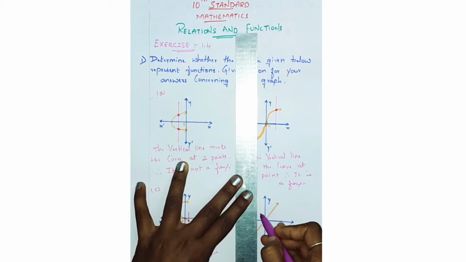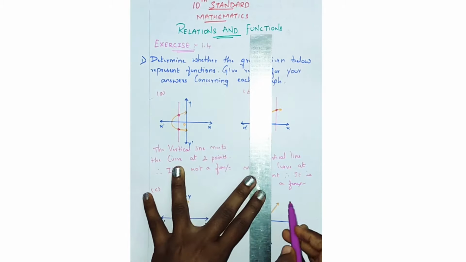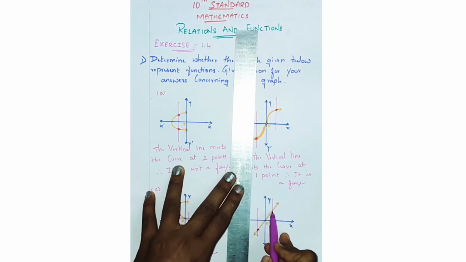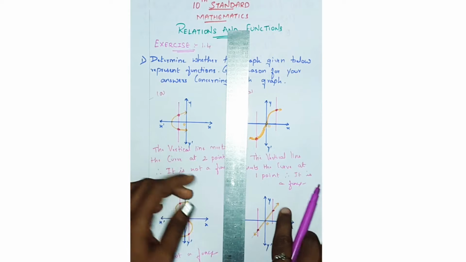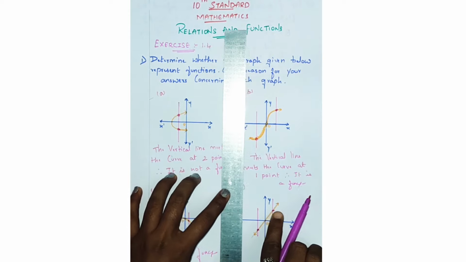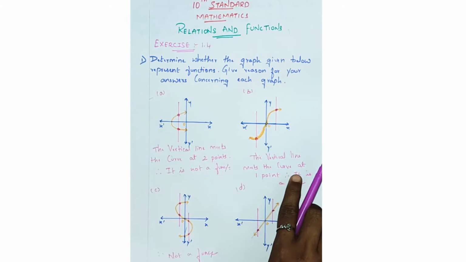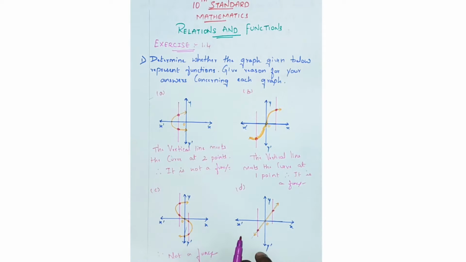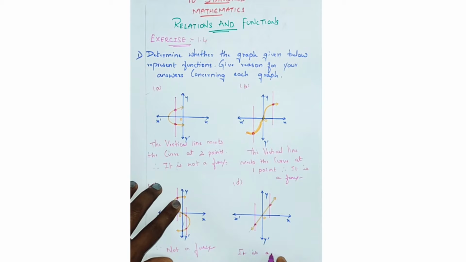So now we'll check with this. If I draw a vertical line here, it's meeting at only 1 point, and if you draw a vertical line here, it's meeting at 1 point. You can show any one line, it's more than enough. So it's meeting at only 1 point, so therefore it is a function. You just write, the vertical line meets the curve at only 1 point, therefore it is a function. Okay,